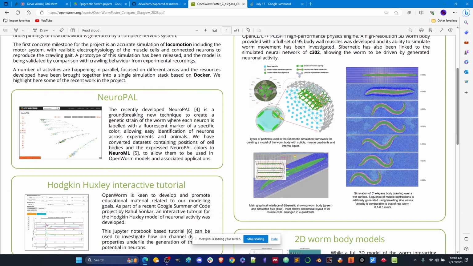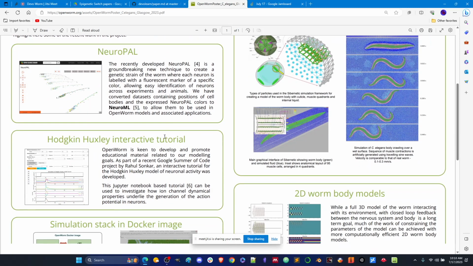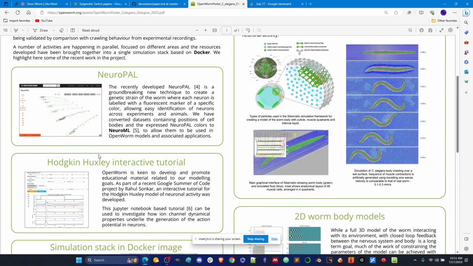It's still being developed, and there are a lot of other things going on. There's a Hodgkin-Huxley tutorial that happened. This is a Google Summer of Code project that Poreg was a mentor on. And this person, Rahul Sankar, developed this tutorial for a Hodgkin-Huxley model, which is a model of ion channels in C. elegans. C. elegans doesn't have the same set of ion channels we do, and they don't fire action potentials the way we do. But there's still a lot of things to learn with the Hodgkin-Huxley model for C. elegans